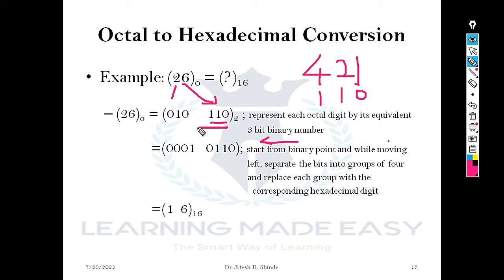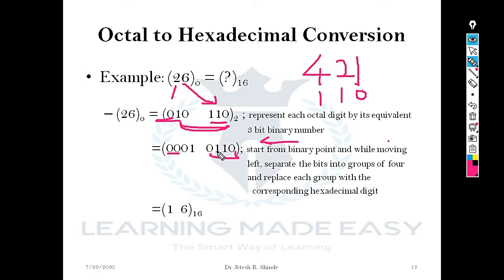My first group will be 0 1 1 0. Here I have written 0 1 1 0. Next group, 0 0 0 1, where 2 zeros have been appended here. So 0 1 1 0. Here we will be taking the advantage of the 8421 code.